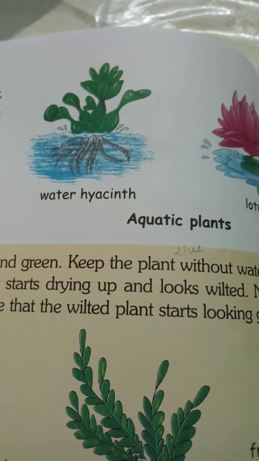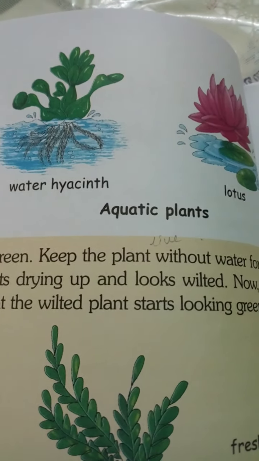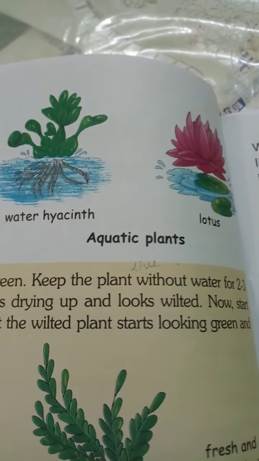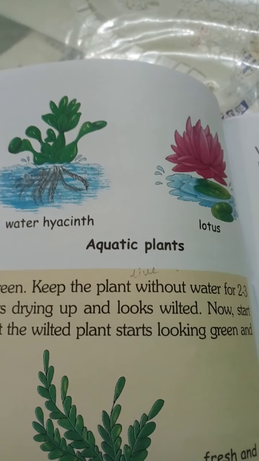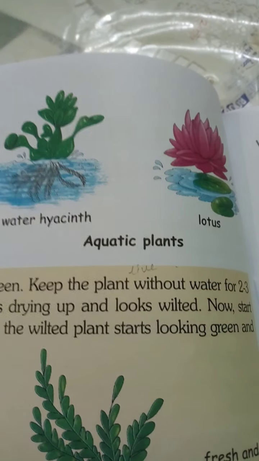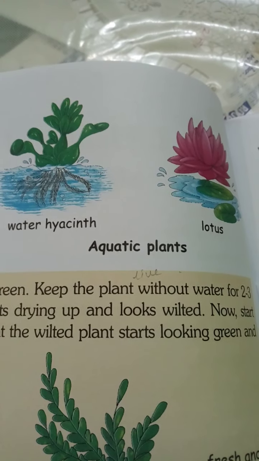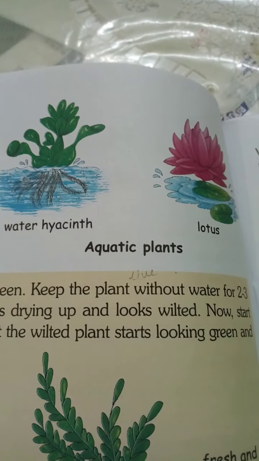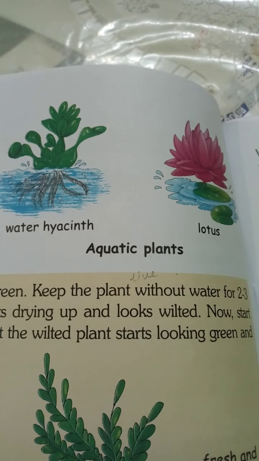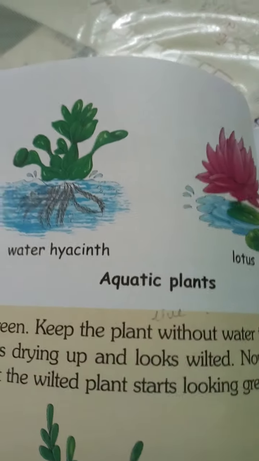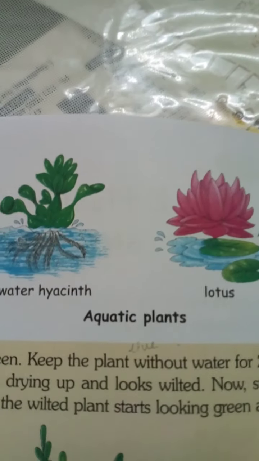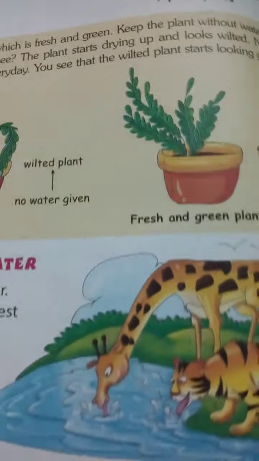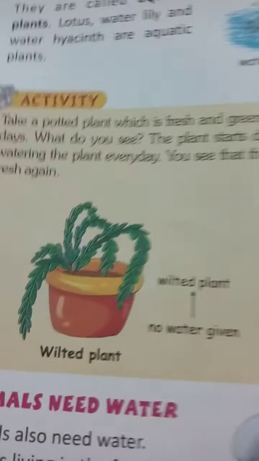Now students, see this. Aquatic plants. Okay, some plants grow in water. They are called aquatic plants. Lotus, water lily and water hyacinth are aquatic plants. You can see the pictures shown here. Okay. Next, here it is shown that